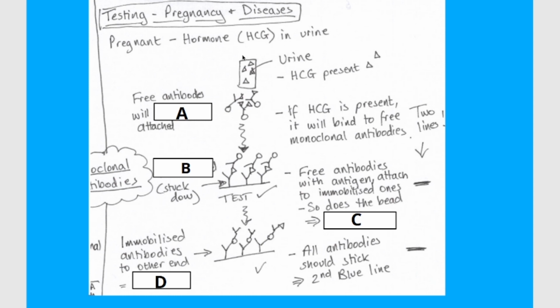Alright, we're going to go through the answers. In a pregnancy test, the urine is put on the pad of paper at the start. The urine could contain the antigen, which in this case is a hormone. So the free antibodies will bind to the hormone and they've got a blue dye attached at the other end. The free antibodies can move, but they've got a dye at one end and they attach to the antigen. They move down the sample